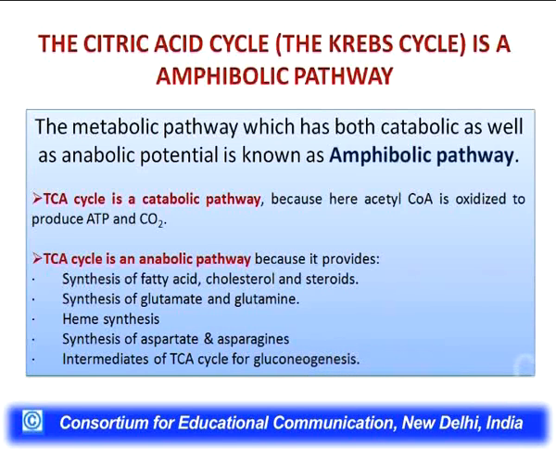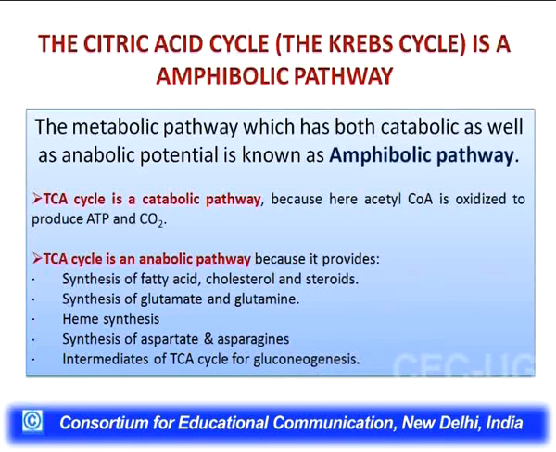which is also called the citric acid cycle or Krebs cycle, is acting as a catabolic pathway, while the TCA cycle is also an anabolic pathway because it helps in the synthesis of many biomolecules, like fatty acids, cholesterol and steroids, which are very important in the biomolecular aspects and processes in our body. It helps in the synthesis of many amino acids such as glutamate, glutamine, aspartate, asparagine. It helps in the synthesis of heme, which is an essential part of hemoglobin, and at the end it is essential for formation of the intermediates of gluconeogenesis, like oxaloacetate, which forms the glucose monomer from